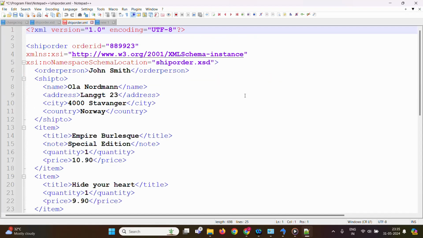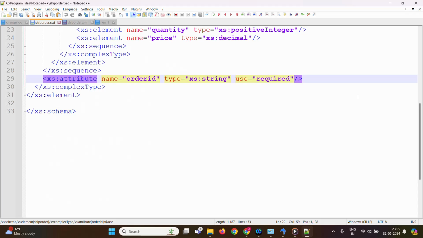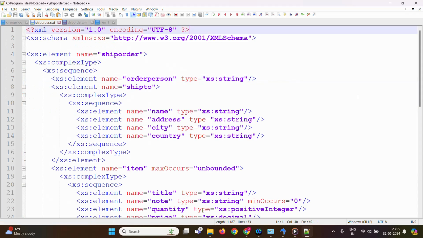Open a new file again, type all this content and save it as some file name .xml. Now this is the actual value that you are going to put inside the structure. So what we have created is a table called ship order. As you know, take it like a table created in an RDBMS, where I have created a table whose name is